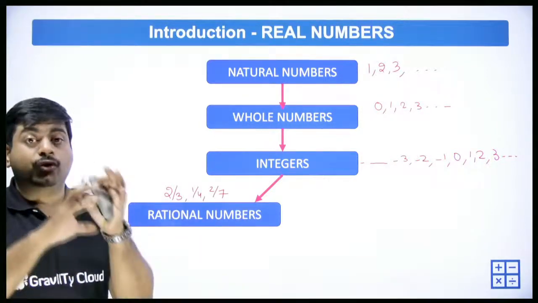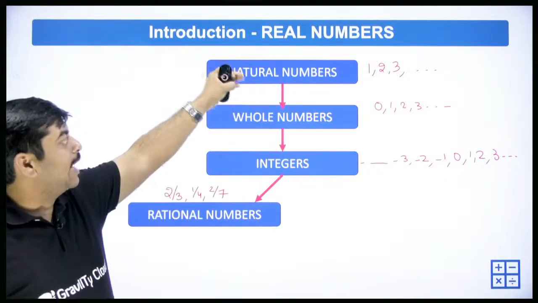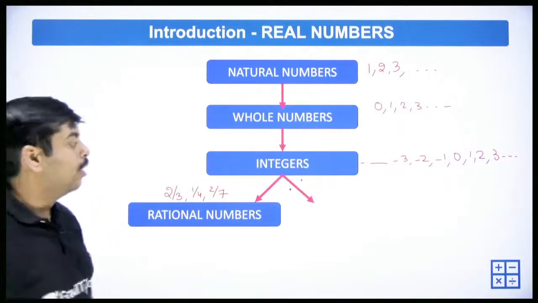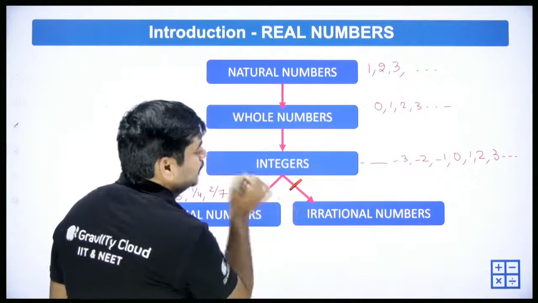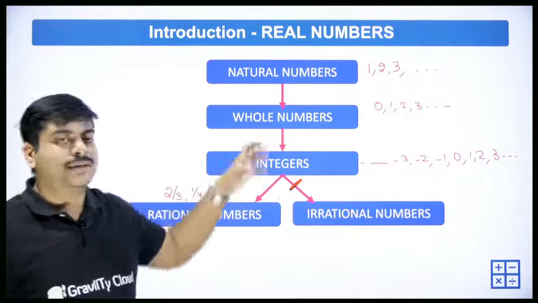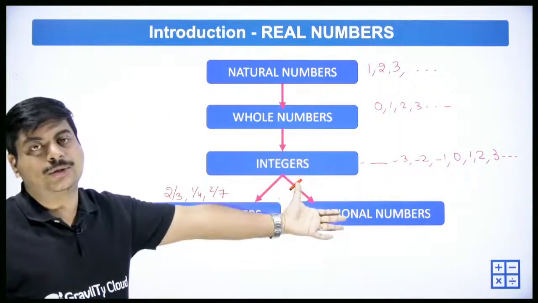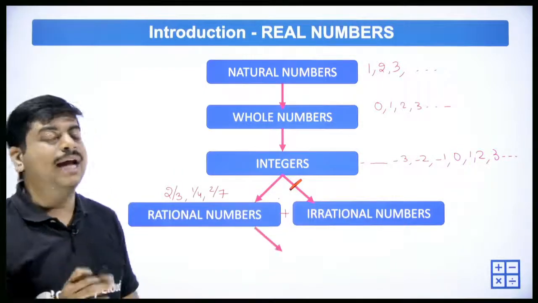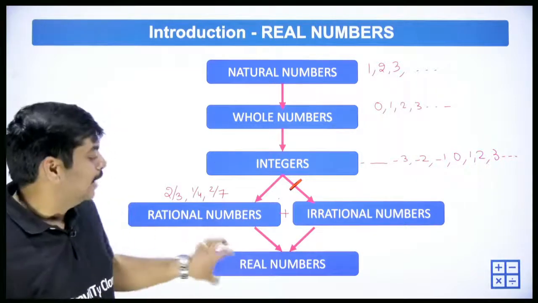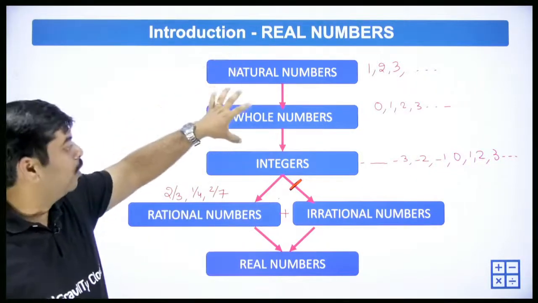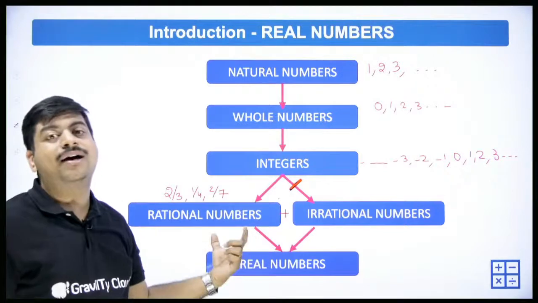And we have a few more numbers which are not rational numbers, which also don't come under natural or whole or integers. Those are called irrational numbers. This black line tells that it is not coming from integers, but we still have more numbers like rational. We have something called irrational numbers also, and these two, rational and irrational, both together are called real numbers. That means in real numbers we have natural, whole, integers, rational, and irrational. Clubbing all these, we say we have real numbers.